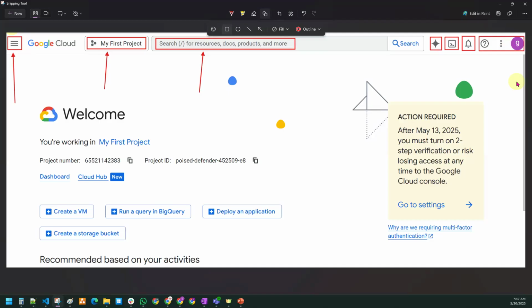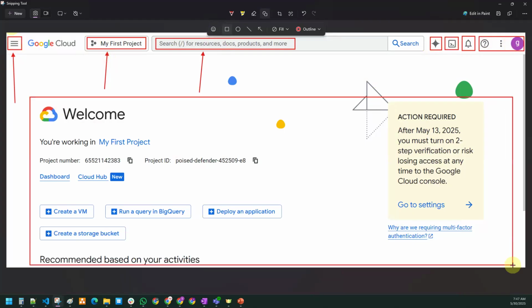So this is a small tour of our home page, where you have a left navigation menu, project area, search box, Gemini, Activate Cloud Shell button, bell icon for the notifications, and user settings and project settings. And the entire area, this is our console, guys. So these are all the features.